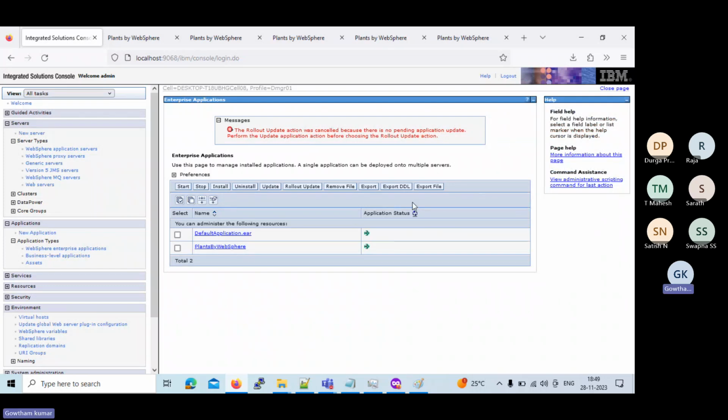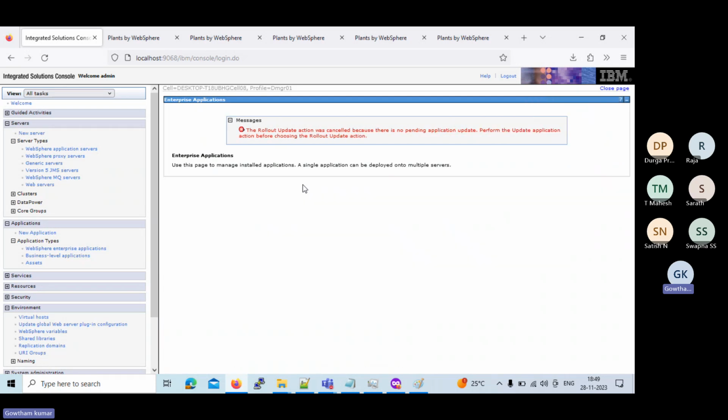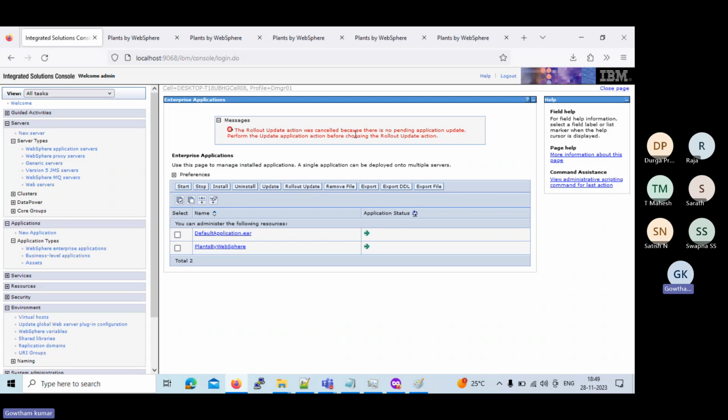Okay. And there is one more option called rollout update. If you want to update your application, for example, as I said, if any version upgrade needs to be done, what will happen? You can select this application and click on rollout update. Currently, no rollout update is required for this. When you select this option, it will deploy your application on all the servers